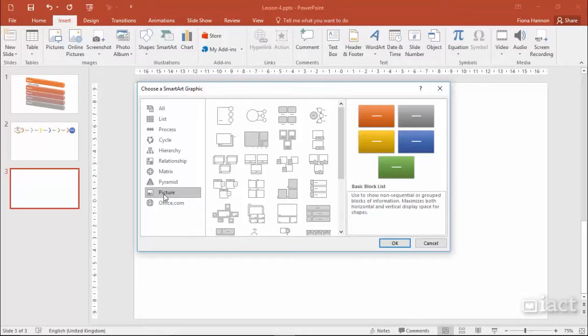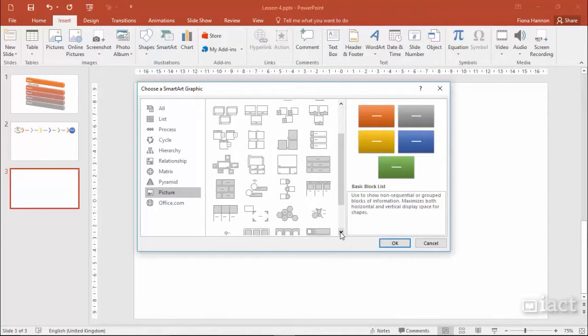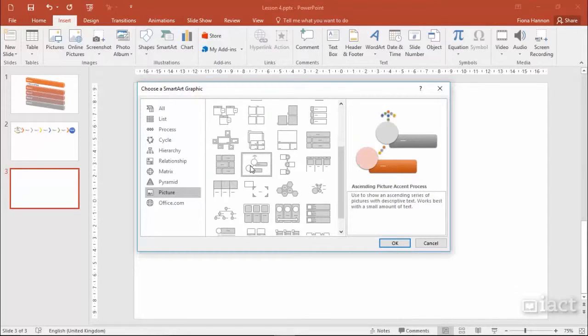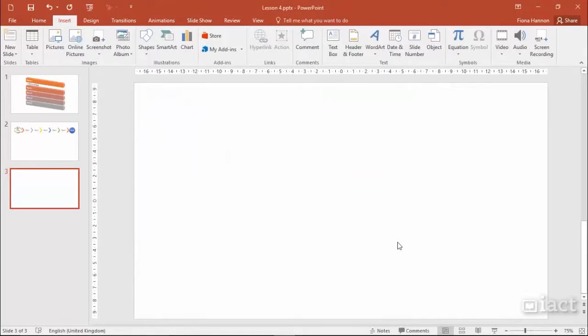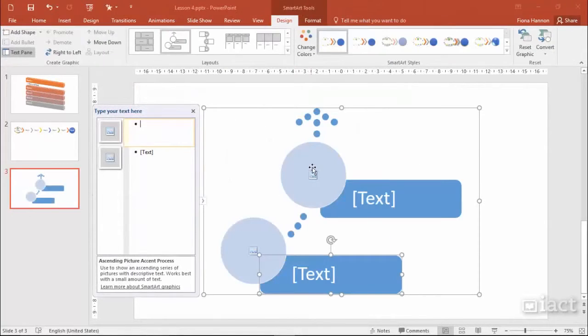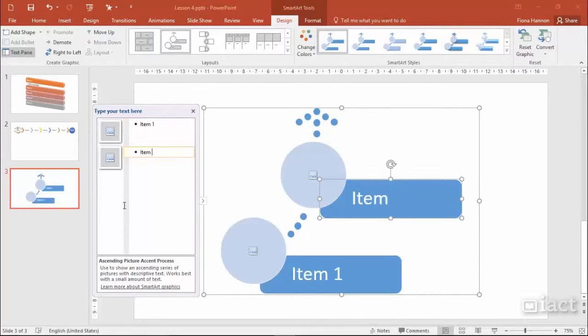that allow for pictures. So let's say, for example, we decide to go with one of these styles. I'm going to choose this one here. It's called an ascending picture accent process. So when I press the OK button, I can see the graphic and it has areas for me to type text. So for example here, I might type in item 1, and in the next one, I'll have item 2,